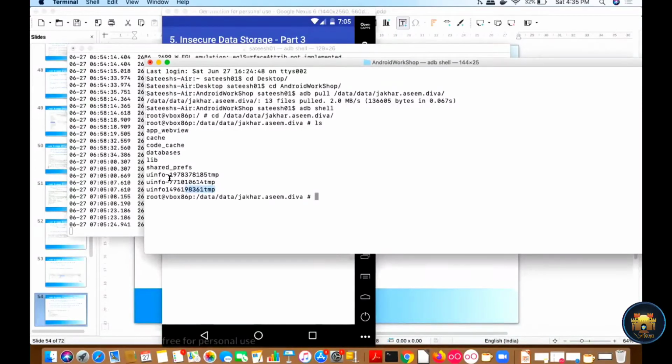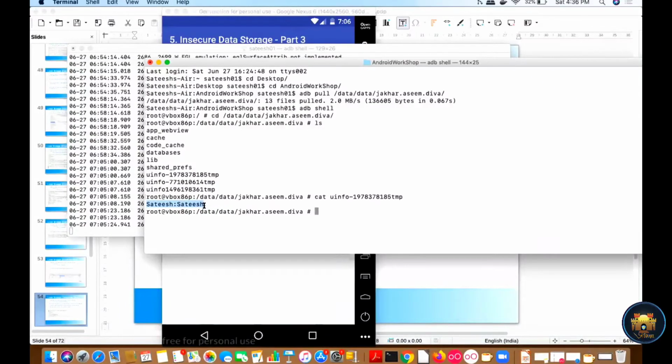right? There are so many files created here. I already checked this file, so now I can show you. This file has been stored here, right? So if I copy this and use the cat command to view this file, you can see this temporary file is also storing the sensitive information.